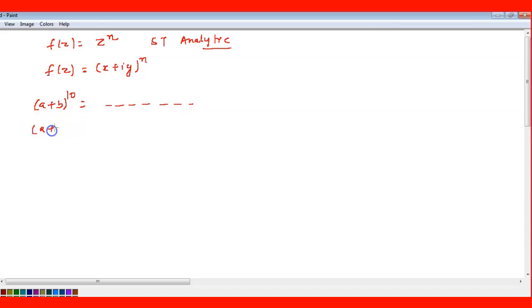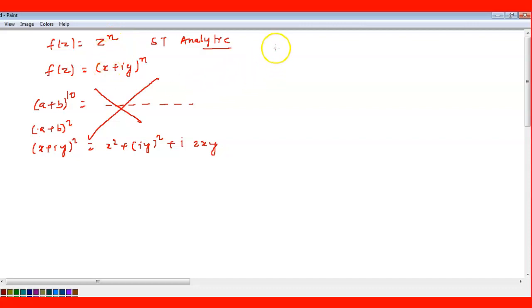Before that we have done a plus b whole square, x plus iy whole square was there, so we can expand it here, a square plus 2ab plus b square, right? But if 10, or 100, power n is given, it is a little difficult to expand it and find the real part and imaginary part. So here don't do it by the Cartesian form if n is very large. Getting? Because we will not be able to find the real part and imaginary part easily, it will become very complex. But if you do it in the polar form, it will come very easy.